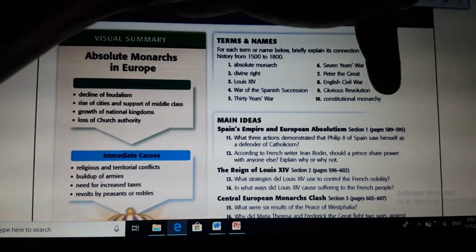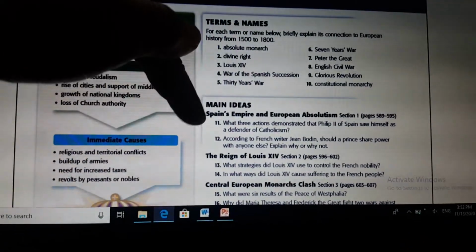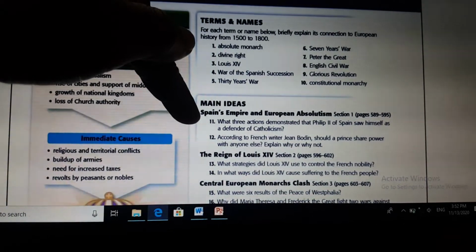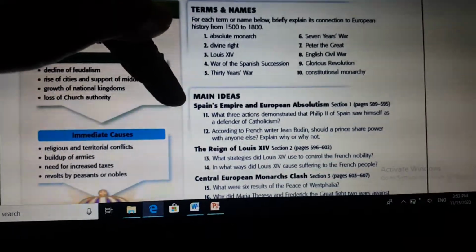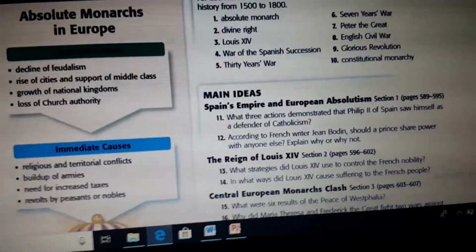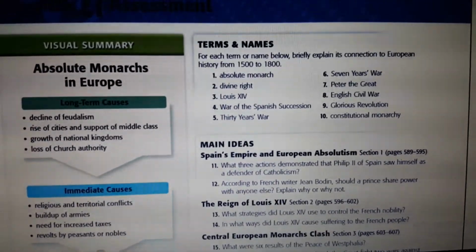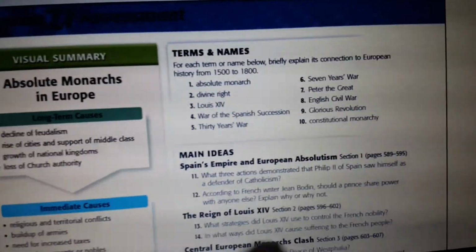This section entitled Main Ideas reads, Spain's Empire and European Absolutism, Section 1, pages 589 through 595. Number 11, what three actions demonstrated that Philip II of Spain saw himself as a defender of Catholicism? Number 12, according to French writer Jean Bodin, should a prince share power with anyone else? Explain